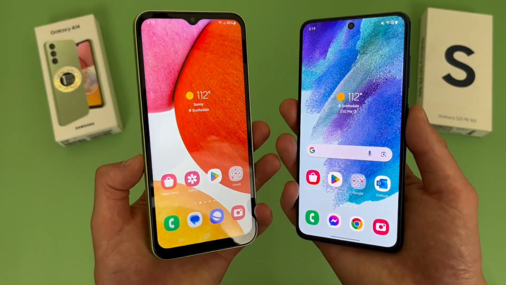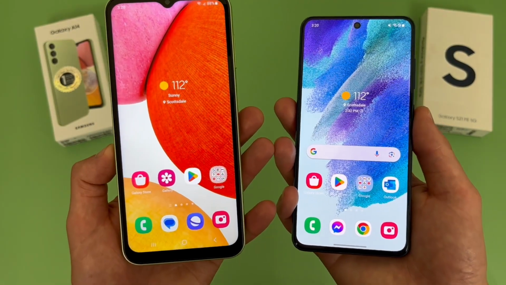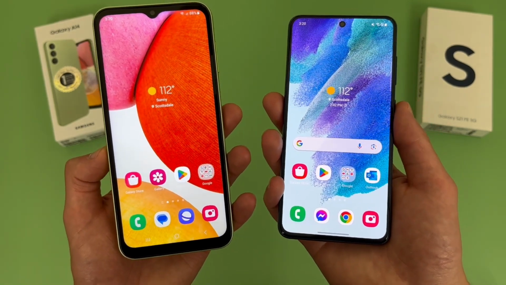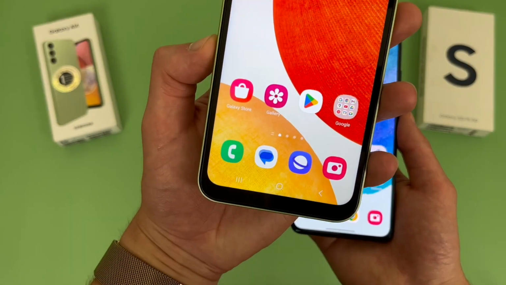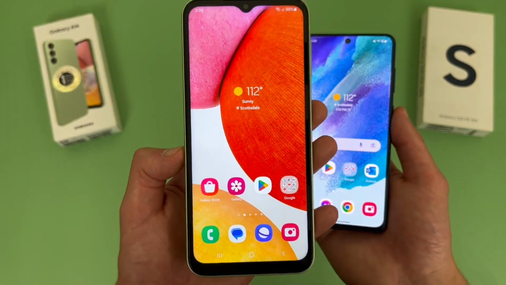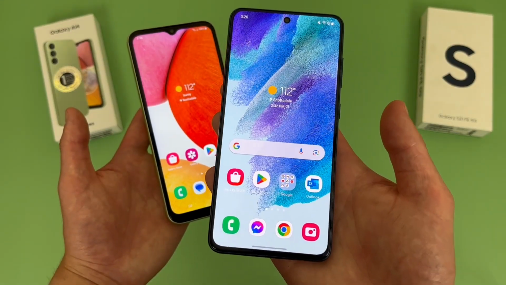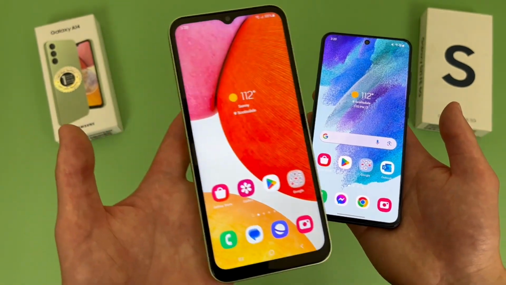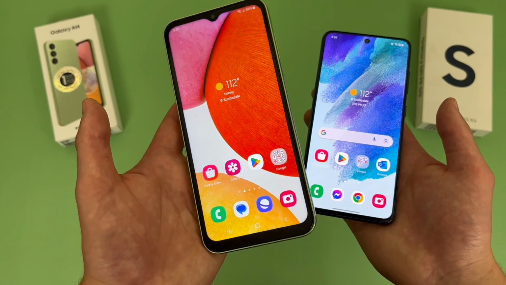For the software, both phones have Android 13, and with Samsung software support, with either of them, you can expect several other major updates in the future. With the A14, this phone will be getting Android 14, 15, 16, and 17, and with the S21 FE, it'll be getting Android 14, 15, and 16. So if you want that extra update, the A14 will have an advantage, but honestly with this phone especially, I